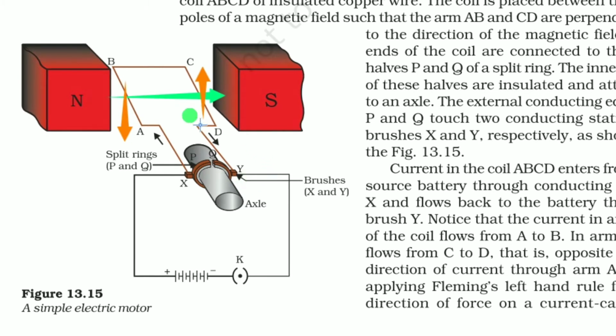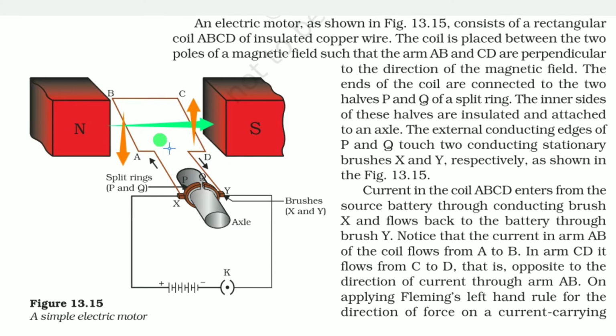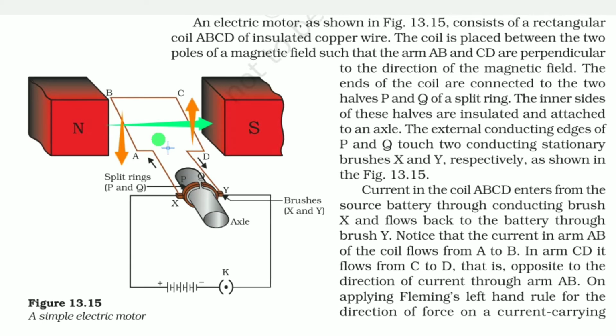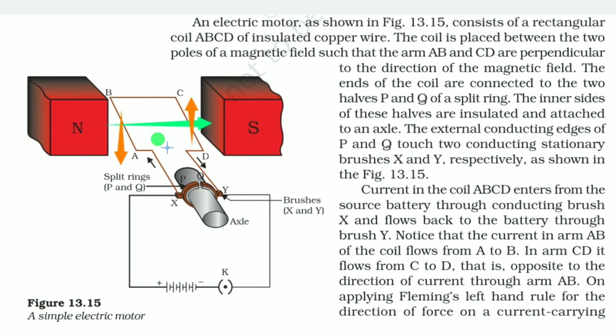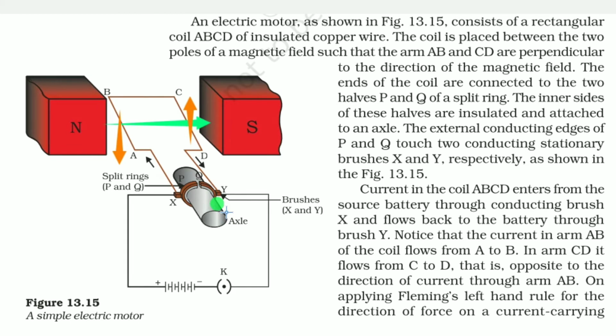So in this way, the conductor, actually we call the whole thing, this axle, in one word the armature. So the armature will rotate in a particular direction. It will not rotate in a half rotation anti-clockwise, then clockwise, then anti-clockwise, then clockwise. So it will not give the effect of a motor. If a motor is working perfectly, it should rotate in a particular direction. That direction is ensured by the split rings, that is P and Q. Okay, understood. So the split ring is used here as a commutator.